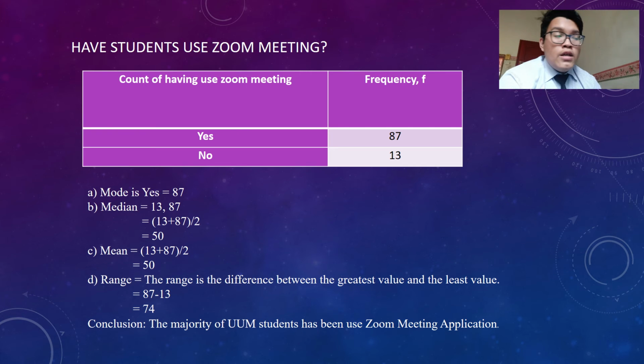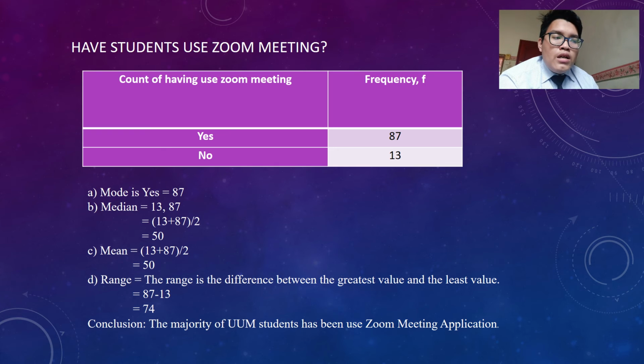So the last question for me is whether students use Zoom meeting. The count of having used Zoom meeting is the answer yes or no. For yes, 87 respondents answered yes, and other students use another platform like Webex, Microsoft Teams, and others. For the answer no, it is 13 students. So the mode is yes, which is 87%, and the median is 50, and the mean is also 50, and